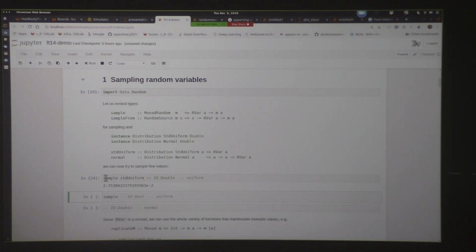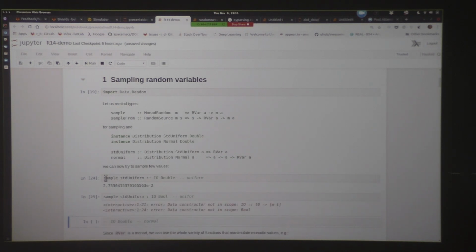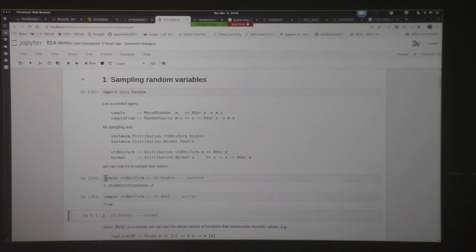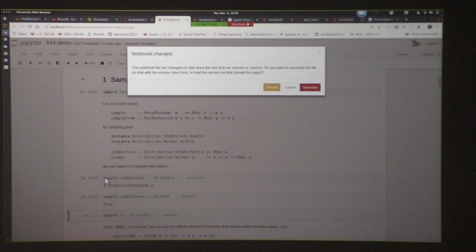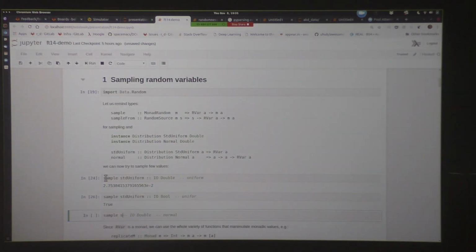The same we can do by changing the type. Again, we want a bool value. And similarly, we can produce a value with a normal distribution.